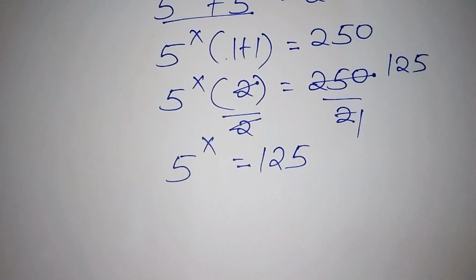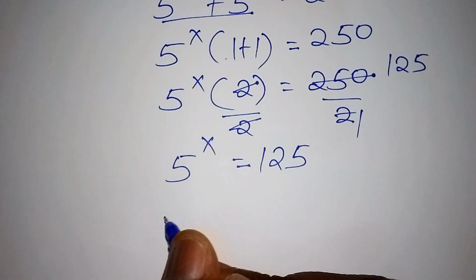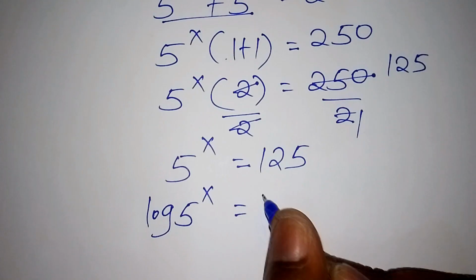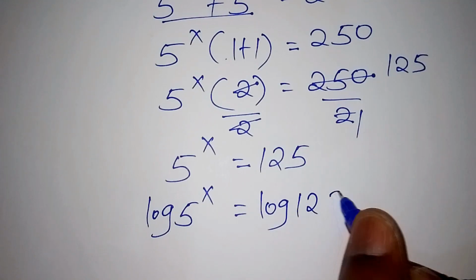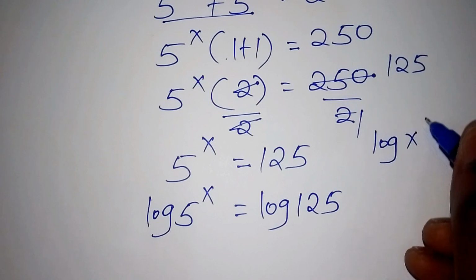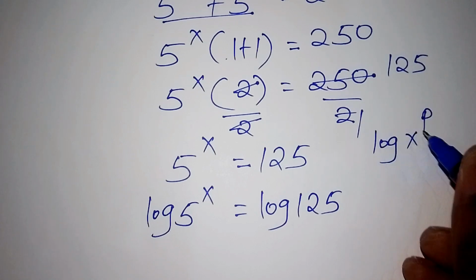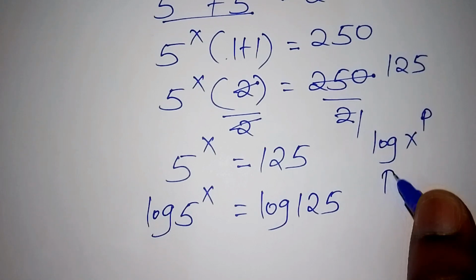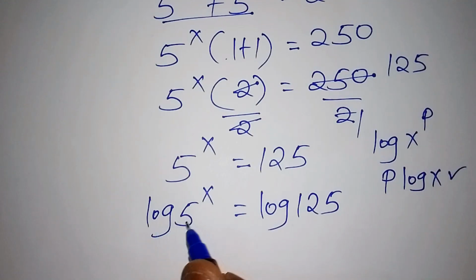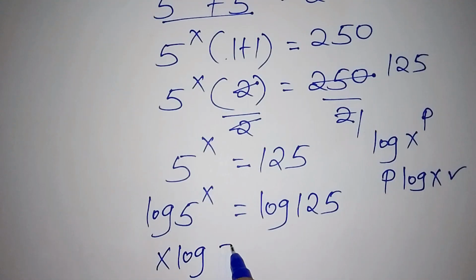For us to get the value of x, we need to use the log on both sides. So here we shall have the log of 5 to the power of x equals the log of 125. Assuming that we have the log of x to the power of p, this can also be written as p times the log of x. Similarly, we can write the log of 5 to the power of x as x times the log of 5, equals the log of